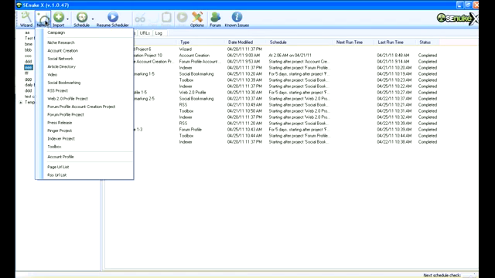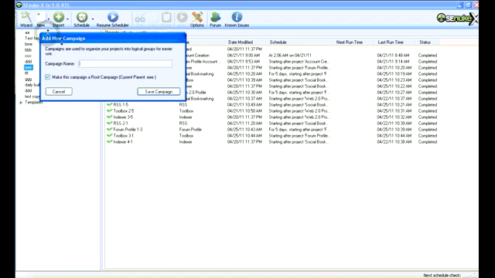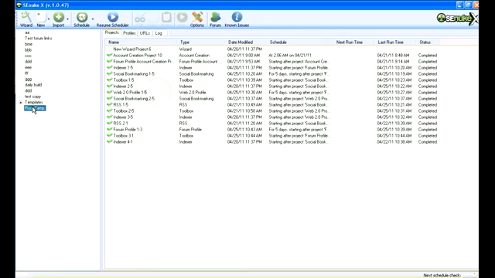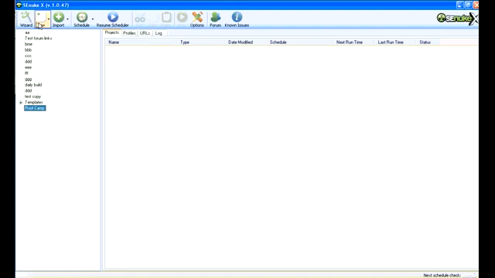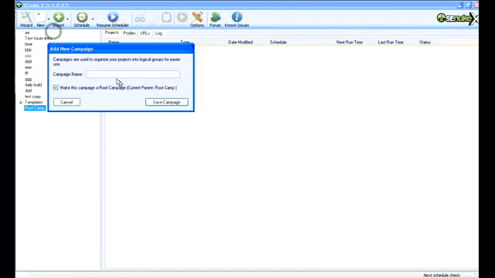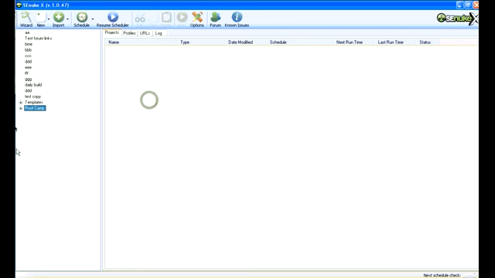The trick is to set these campaigns up manually first. So let's set up a new root campaign, we'll just call it root camp, and save that campaign. You can see right there, there's nothing in it. Now we want to create the sub-campaign name that we're going to use. So let's just say sub-camp is our sub-campaign. We want to turn this checkbox off and save it. And you see we get a little plus sign there, and there we have our sub-campaign name right there,